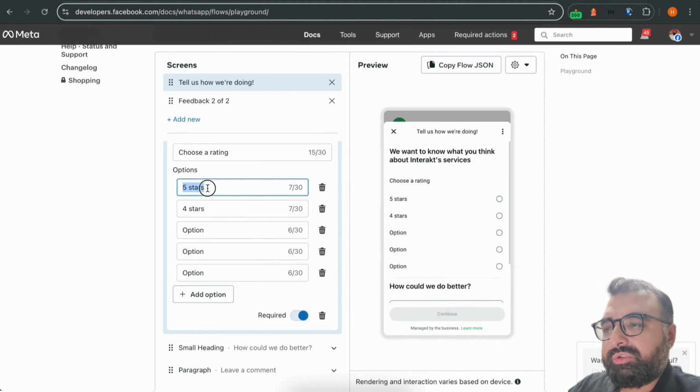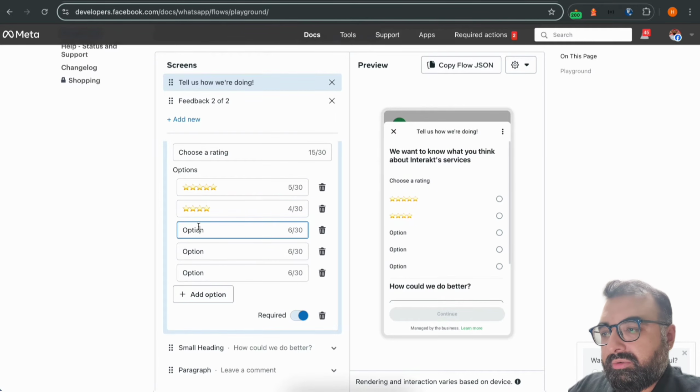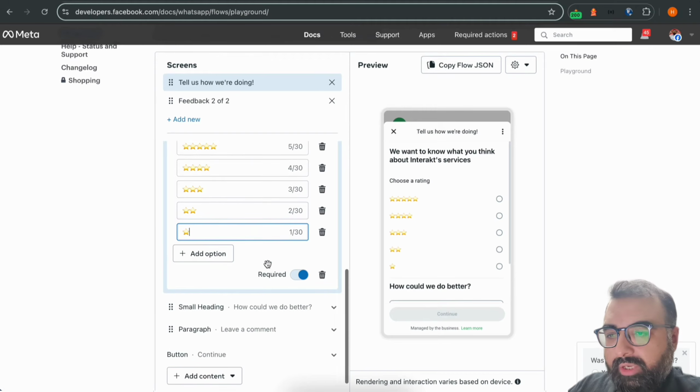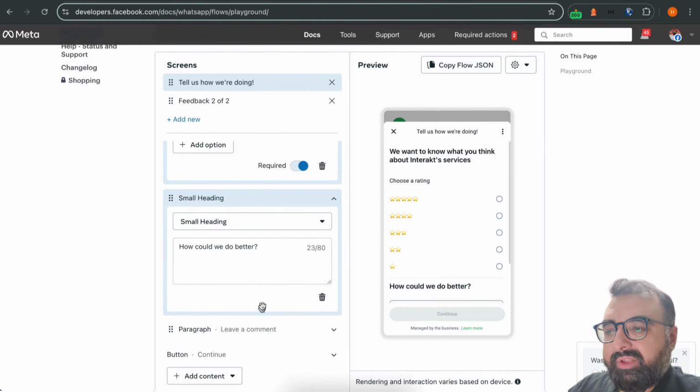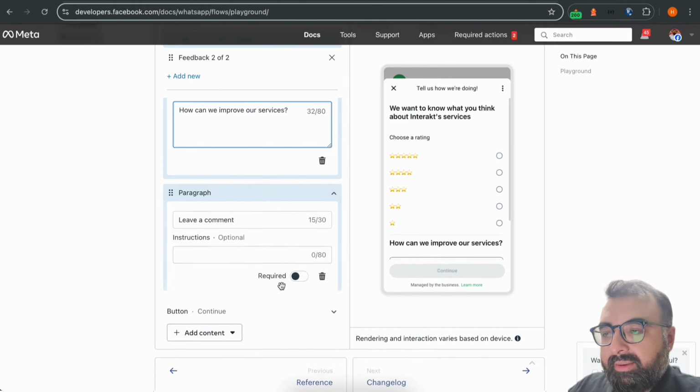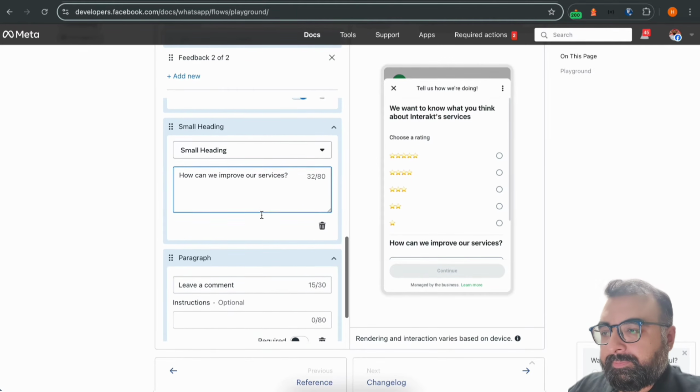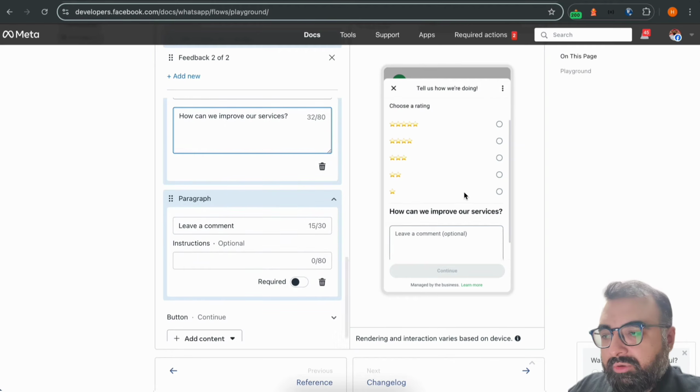Actually, I'd rather use the stars emoji instead of writing 5 stars. I think it's more presentable. So 4 stars, 3 stars, 2 stars, and then 1 star. Okay. And now I want to give the customers the option to also write something in case they want to give some feedback personally. They can also write out a custom message over here to me. And then I'm going to